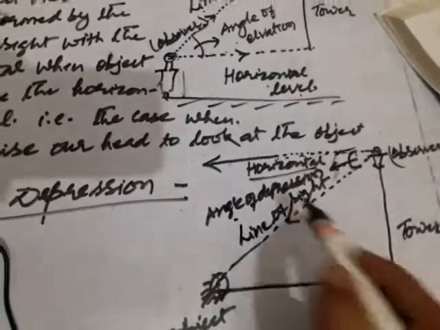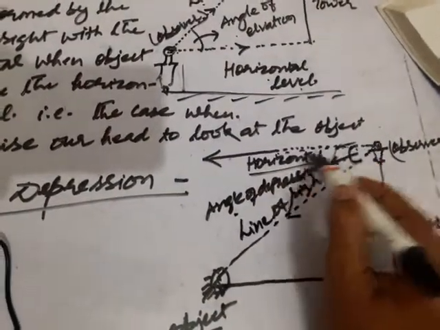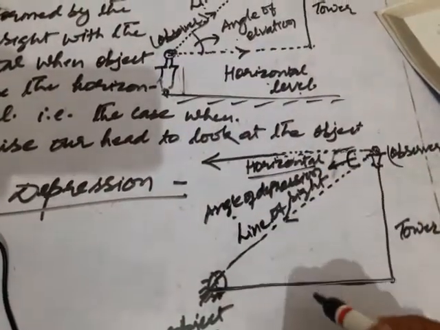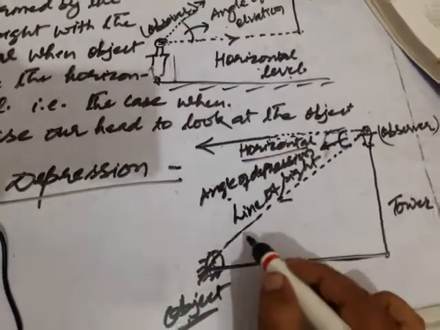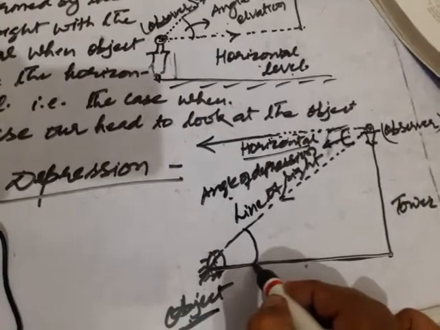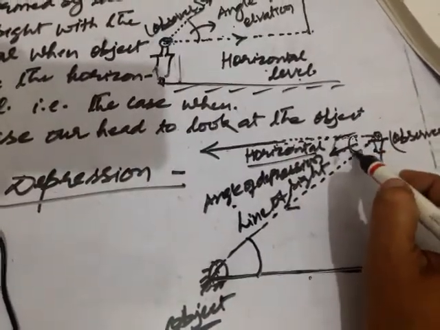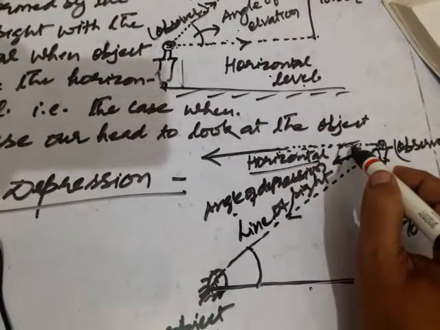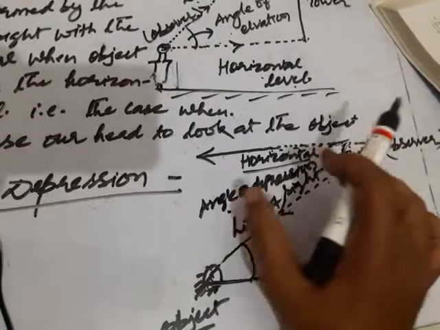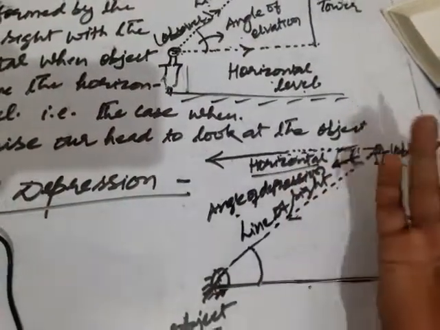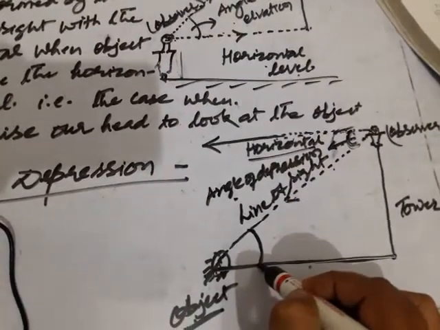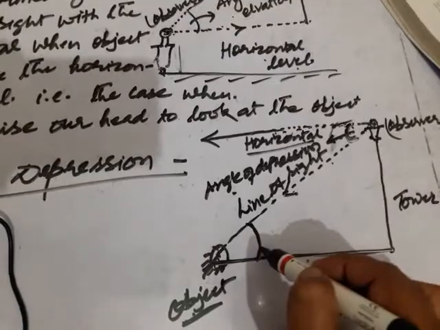Now you see that this bottom line is parallel to this horizontal line. So this line will be the transversal, and this angle and this angle will be equal. While solving the question, this angle will be taken. Actually the angle of depression is formed over here, between the horizontal level and the line of sight. But this is outside the triangle, so we cannot use it. So this angle and this angle are alternate interior angles. That's why this angle is taken, because it is inside the triangle.